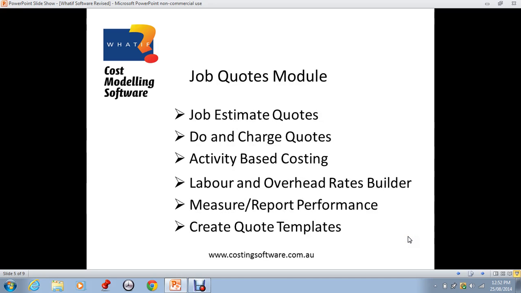Let's look now at the job quotes module. Job quotes cover the estimation of cost and quoted value for the provision of services such as construction, repairs, installation. Job quotes can be prepared for a total job task with a total value, or they can be for due and charge type quotes, in which case the individual cost elements of materials, labour, subcontract and other costs are described